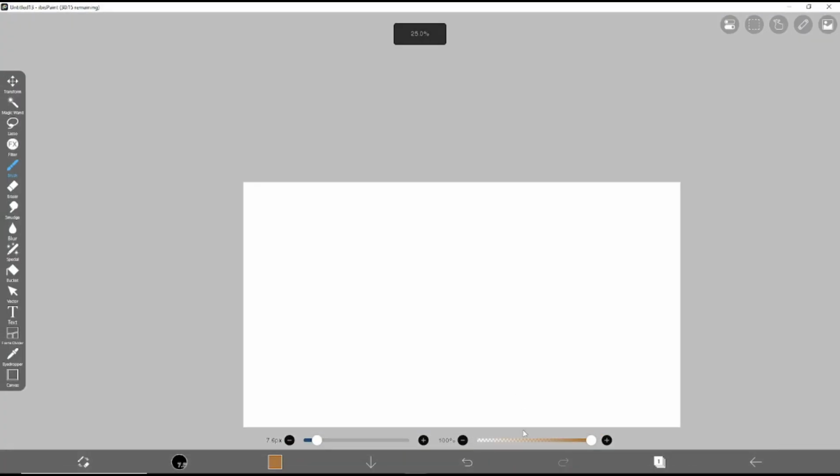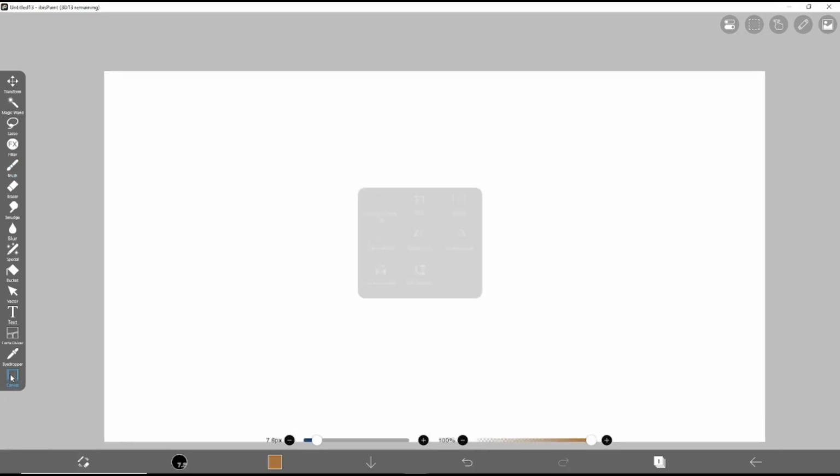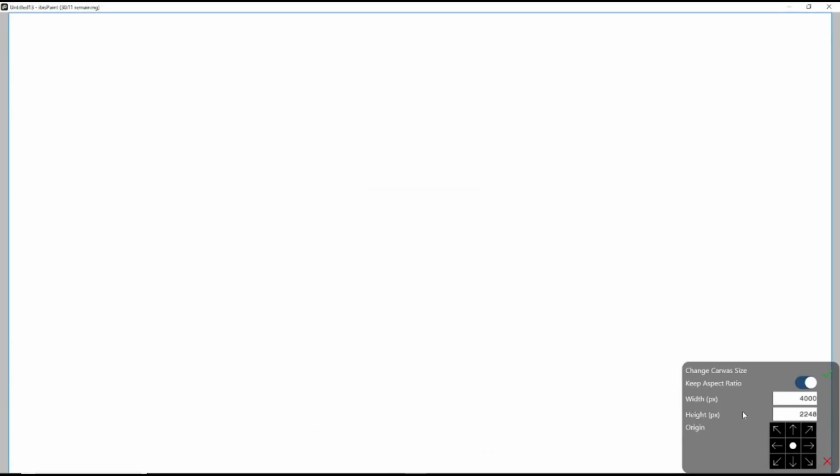size. Okay, that's it for the basic Ibis Paint X tutorial, how to change canvas size for